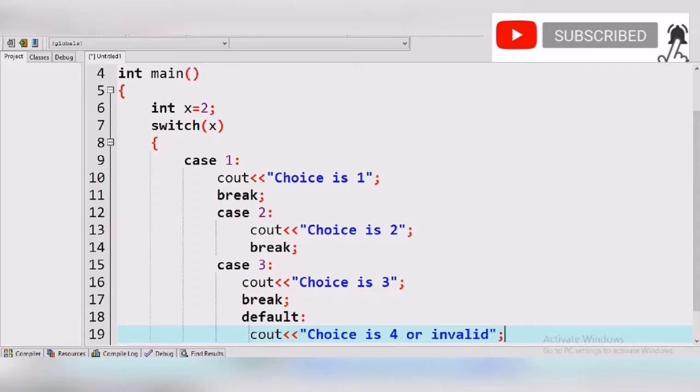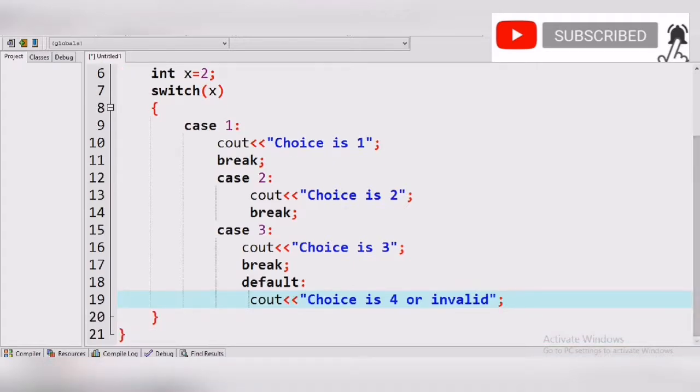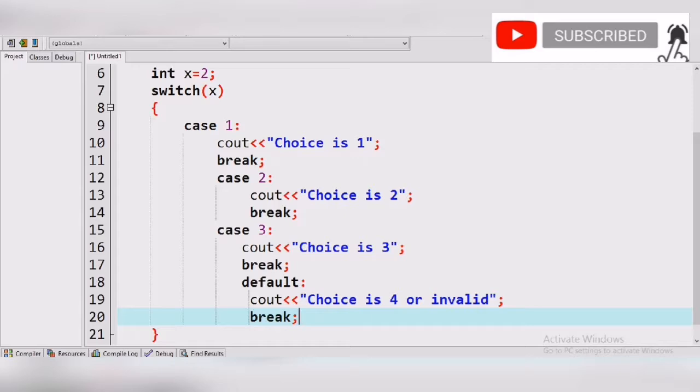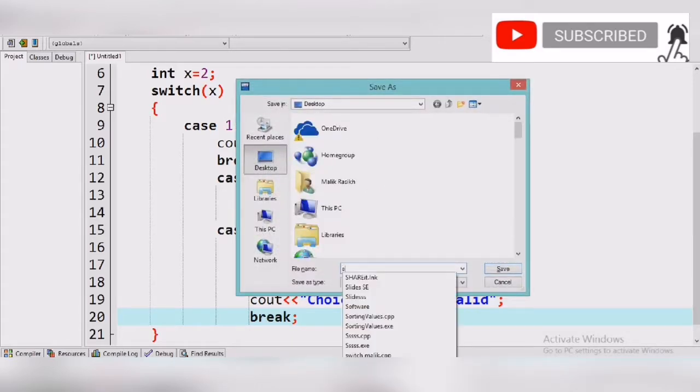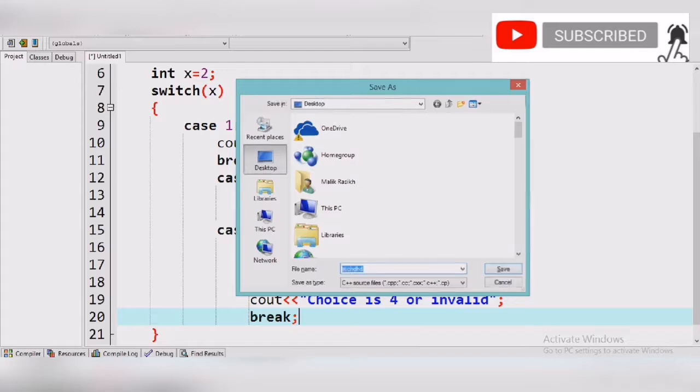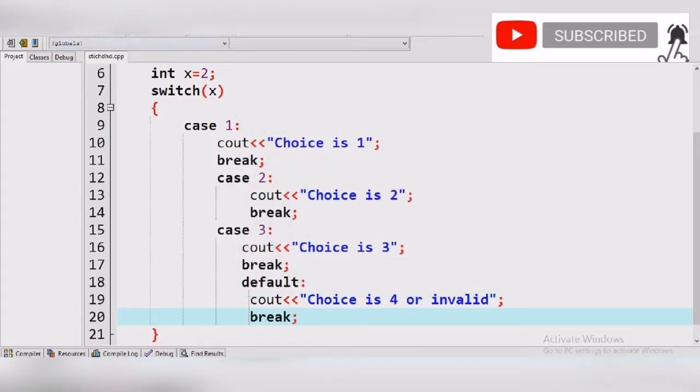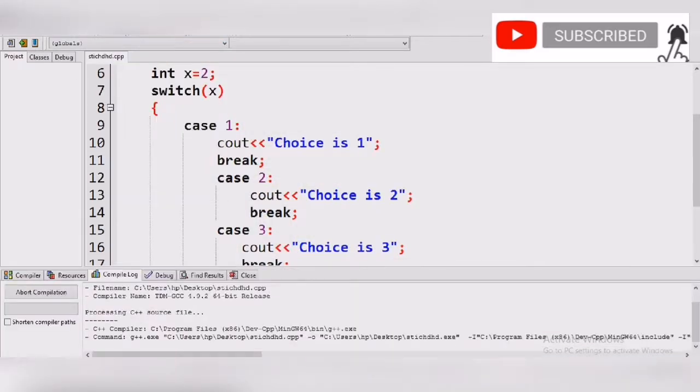Okay, if you give the compiler a value more than 3, or any other value, for example an alphabet, then the compiler says choice is 4 or invalid, then break the default statement. Okay, now we save that program and execute that program and check what is the output.